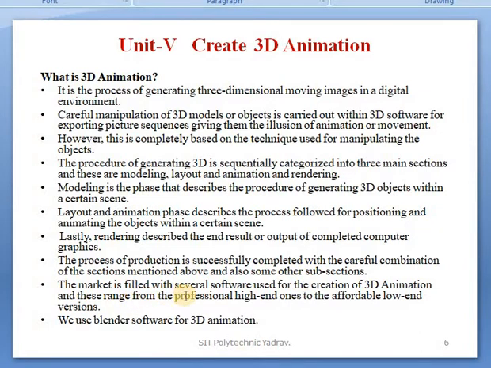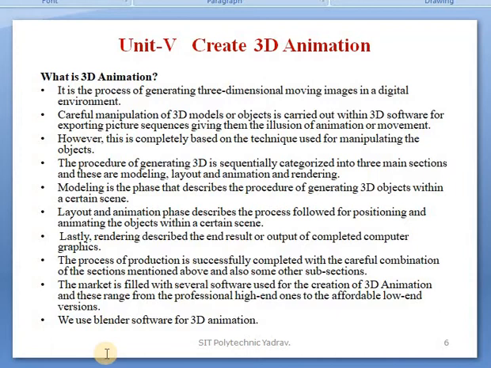The market is filled with several software packages used for 3D animation, and these range from the professional high-end ones to the affordable low-end versions. It means that in the market several softwares are there to create 3D animation. In this course we use the Blender software for 3D animation.